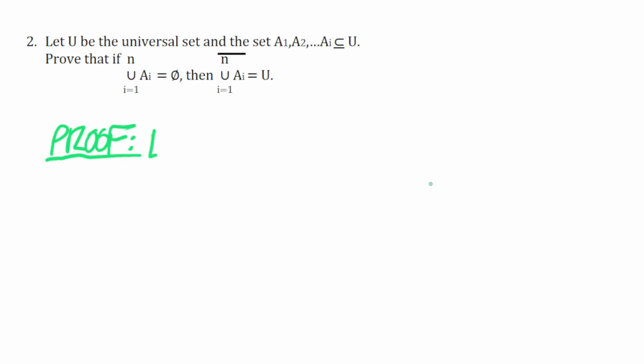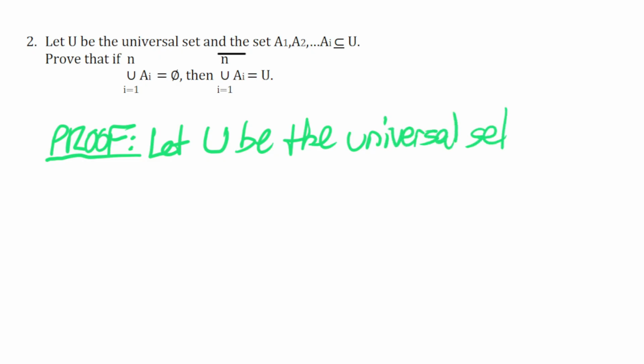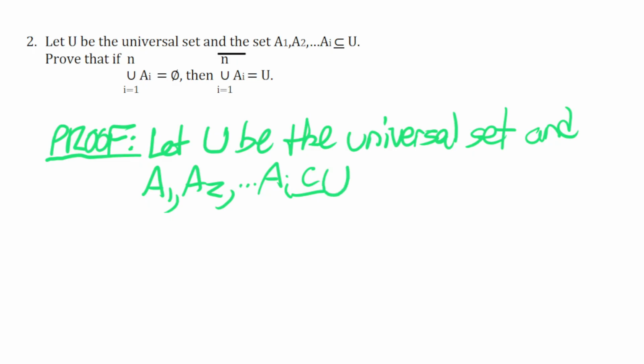So let U be the universal set and A1, A2 up to AI be subsets of the universal set. So let's suppose, by way of contrapositive,